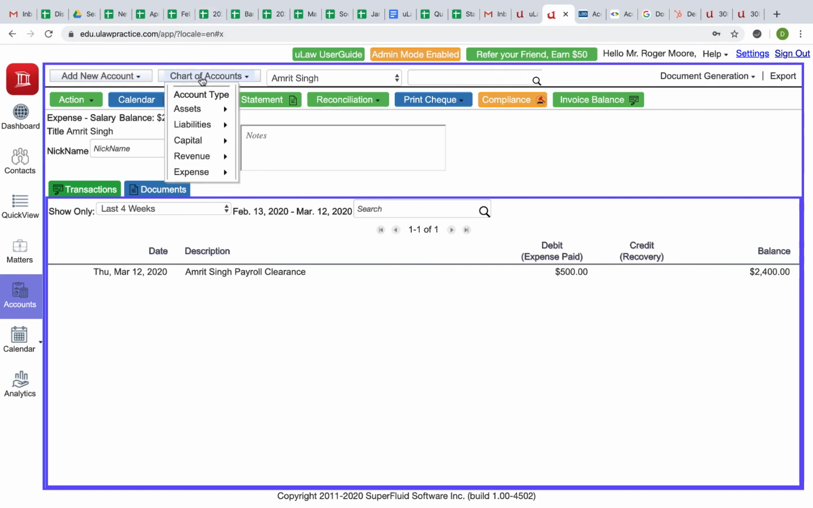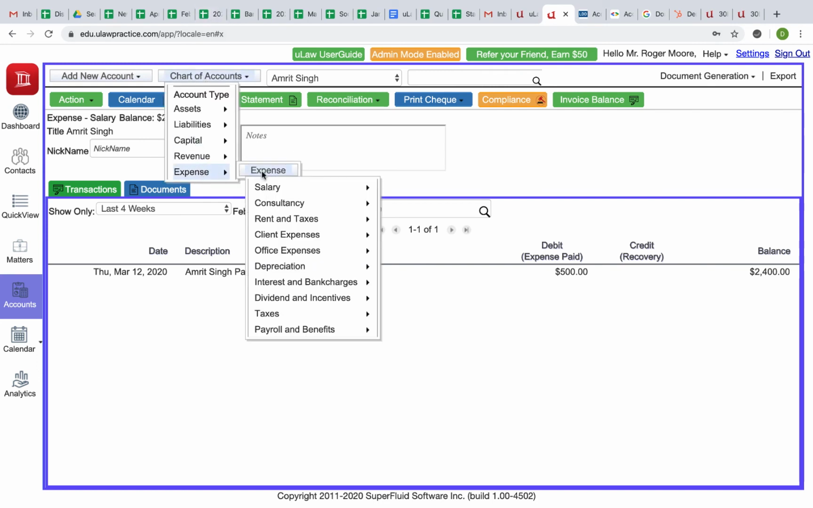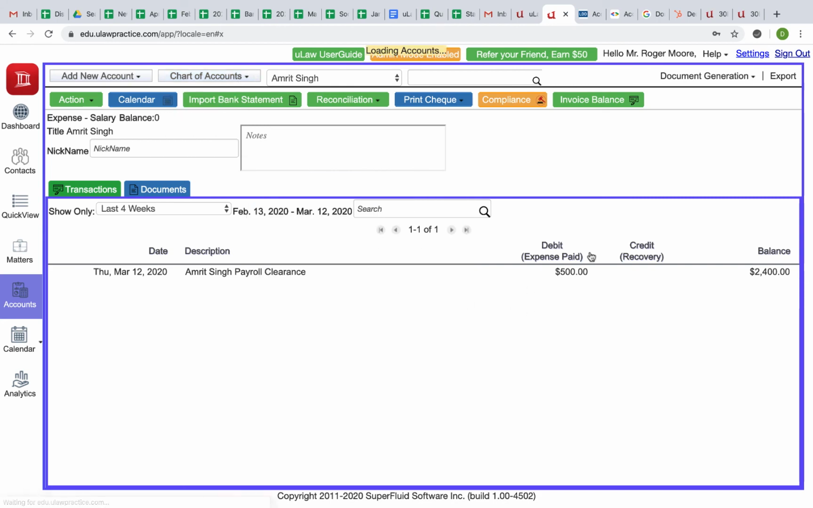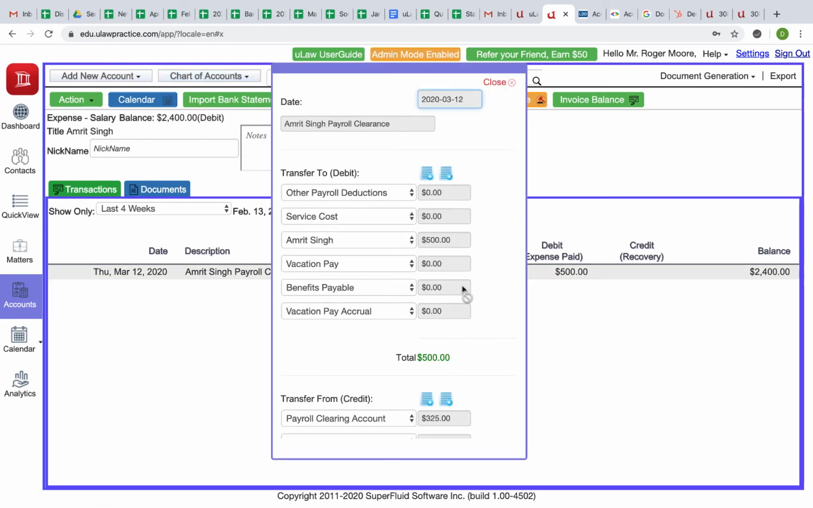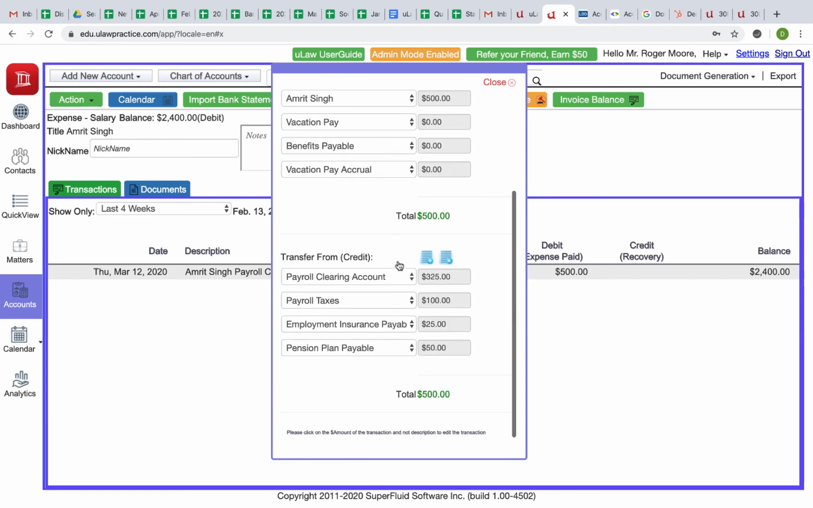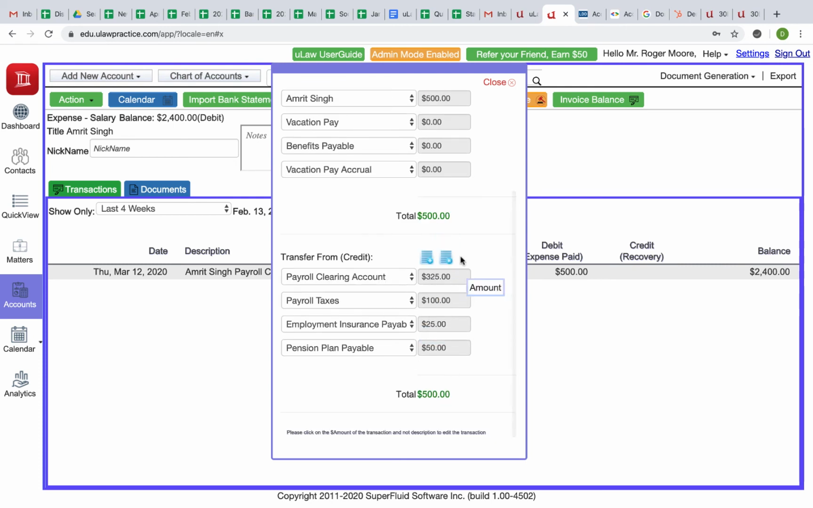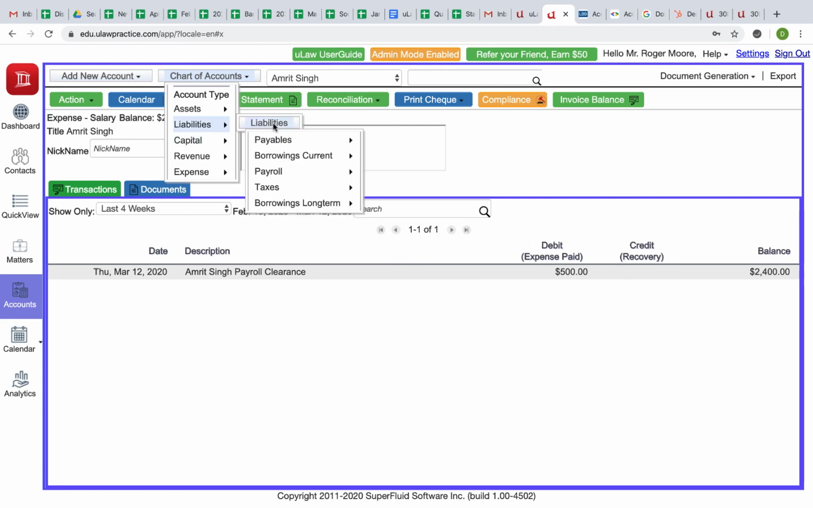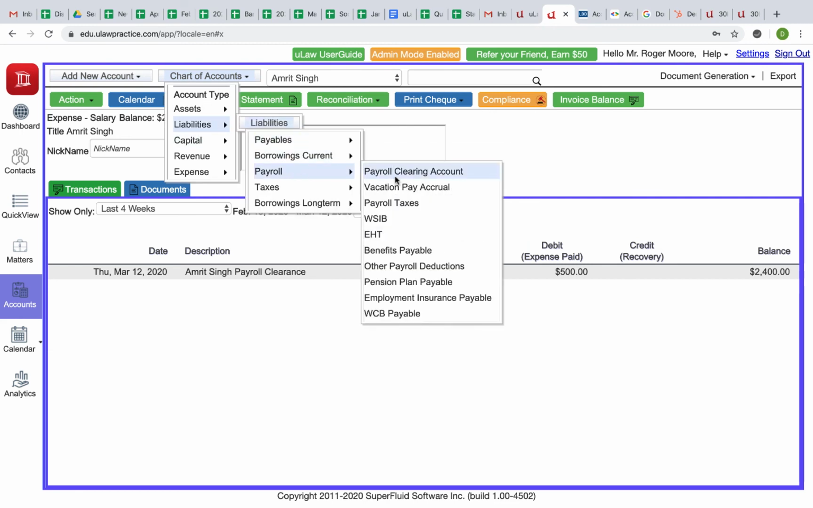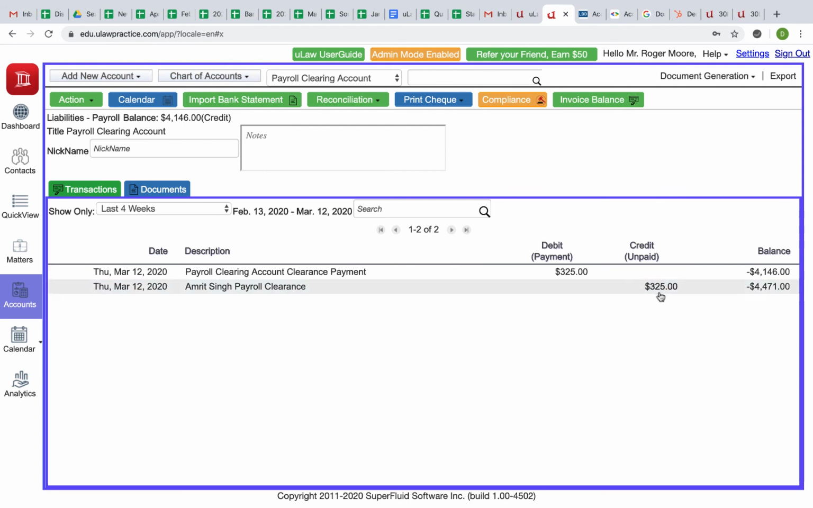So chart of accounts, expenses, salary, and then the person's salary will have the original initial GL, which says hey, Amrit Singh was $500, and how that $500 actually got split between multiple credit accounts. And one of them is payroll clearing account. And if you go into the liabilities payroll clearing account, you will see that that 325 that was put in the clearance was actually cleared in the bank later by actually